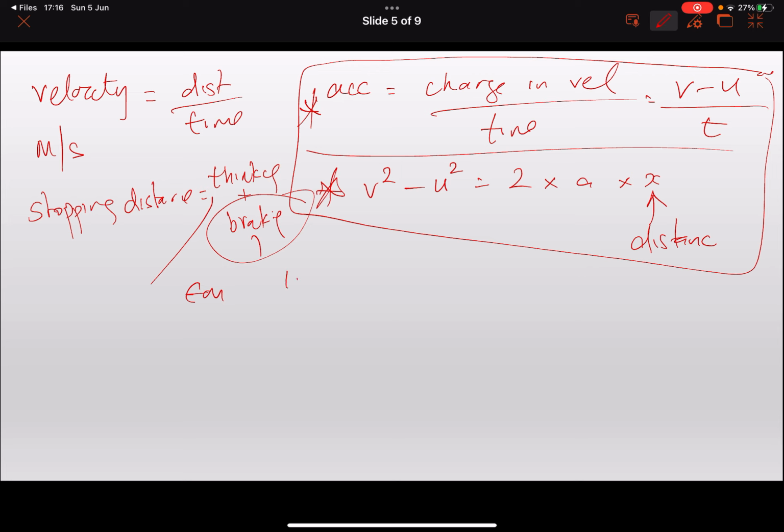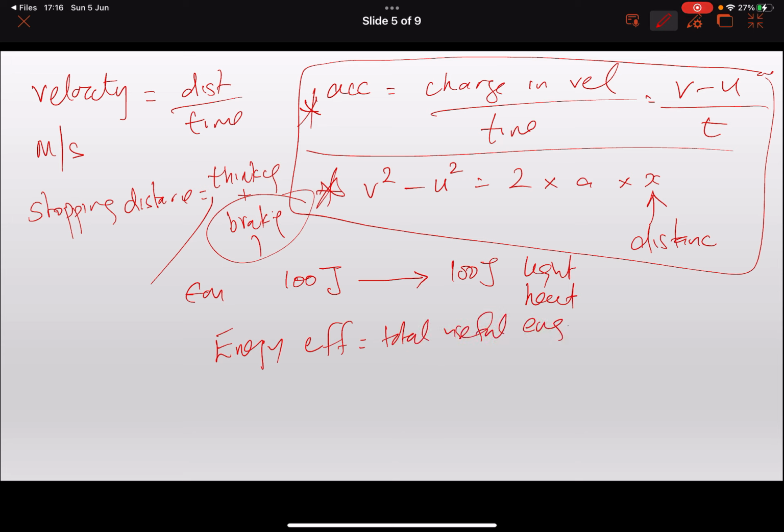So if a light bulb has 100 joules of energy, then it will give you 100 joules of energy, either as light, heat, and so on. Energy efficiency